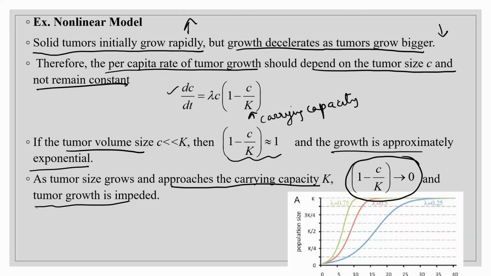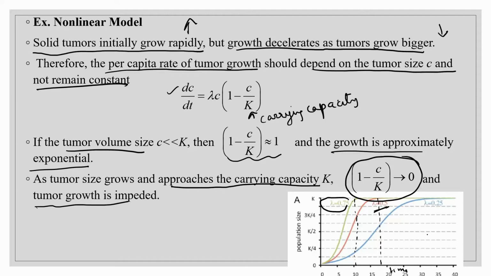If you see this graph, this is for different values of lambda. You can see the value of the tumor approaching the carrying capacity. If the growth rate is more, it will reach the carrying capacity in a very short time. This axis is the time coordinate, and you can easily see that if the growth rate is high, the tumor will reach its maximum limit in very little time, and if my lambda is small, that is, my growth rate is small, the maximum size will be reached at a later time.